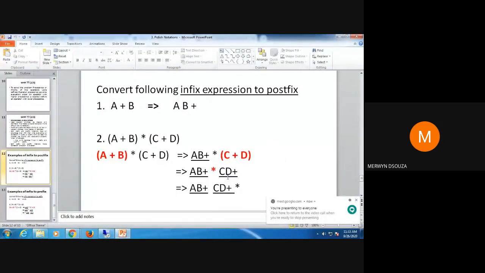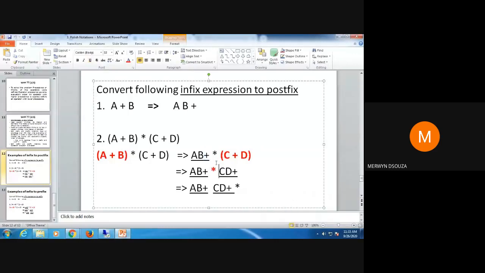Now this simple looking thing counts for around 6 marks in your exams. This kind of conversion, it's maths, will come for 6 marks, or sometimes for 8 marks. It's just maths that you have done till now in your lives. You just have to know that when you are told to put in postfix, the operator will come afterwards, after the operands, like here. And when you do prefix, the operator will come before.